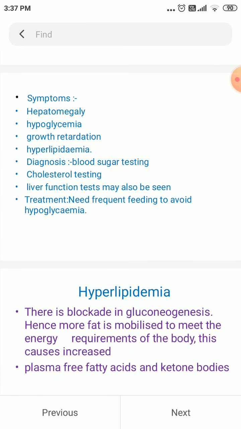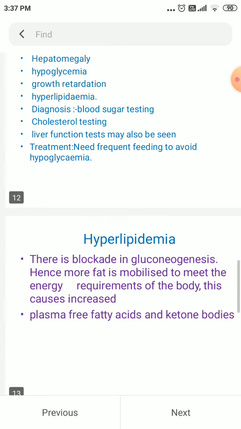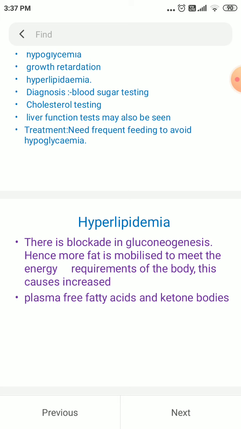So what is this hyperlipidemia? It is nothing but a consequence of a blockade in the gluconeogenesis process. As we have come across, gluconeogenesis is nothing but the synthesis of glucose from non-carbohydrate sources. What is that? Synthesis of glucose from the pyruvate molecule, right? So we can see a blockage in gluconeogenesis, and if the blockage happens,